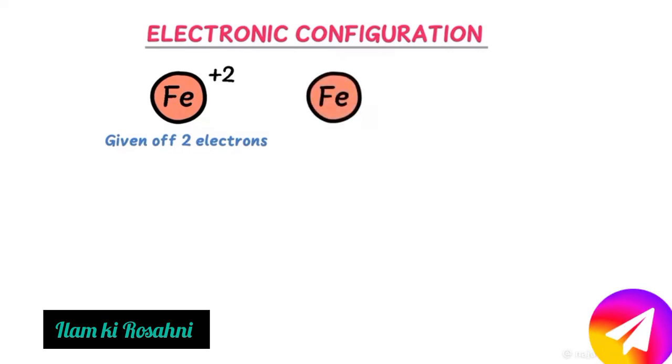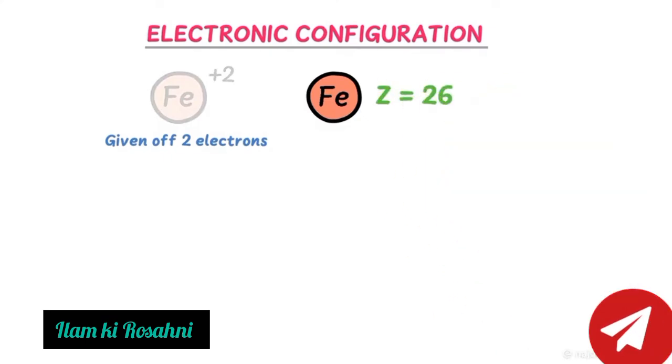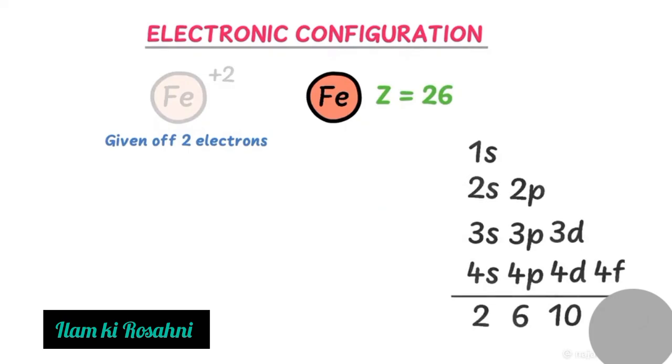Now let me teach you the electronic configuration of positive ions or cations like iron ion, Fe 2+. Positive 2 means that iron atom is in profit because it has given 2 electrons. Remember that always write the atomic number of neutral atom if you do electronic configuration of positive ions and forget about the positive ion for a while. So the atomic number of iron atom is 26. We know all about the subshell system.